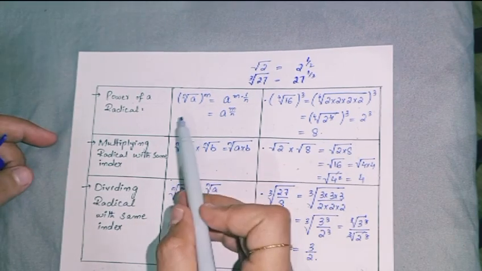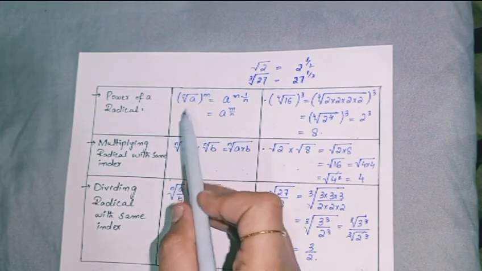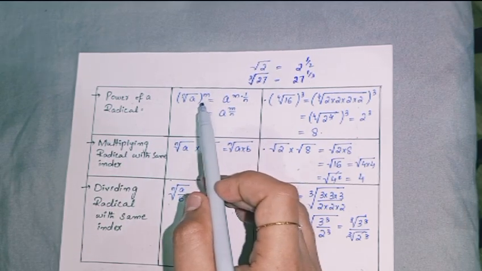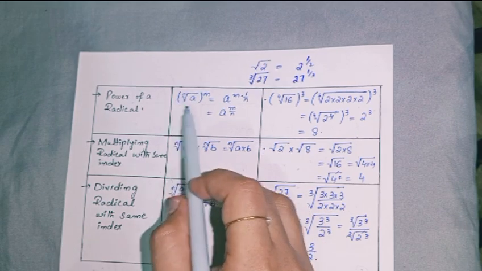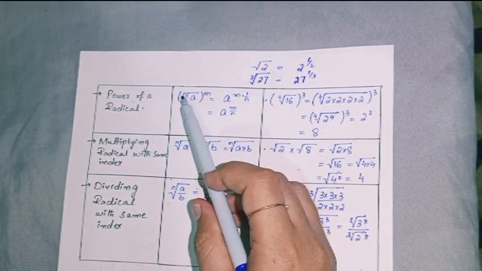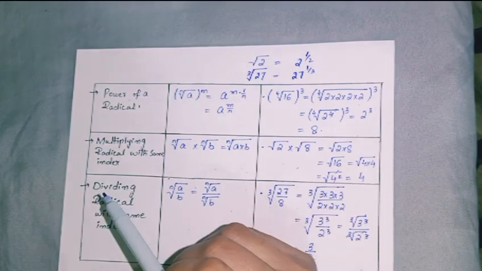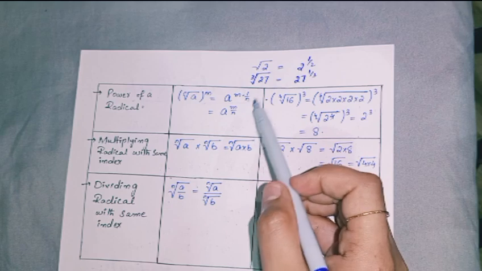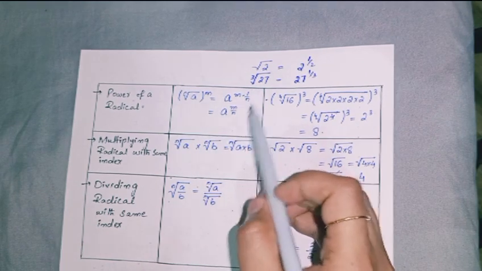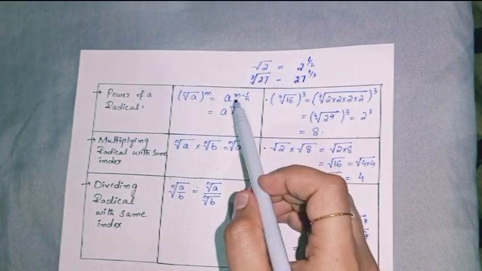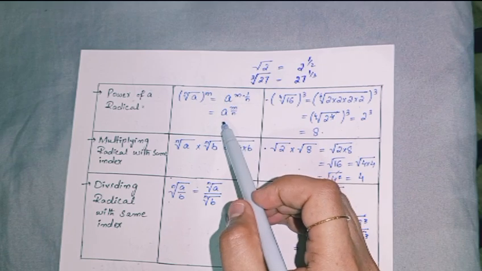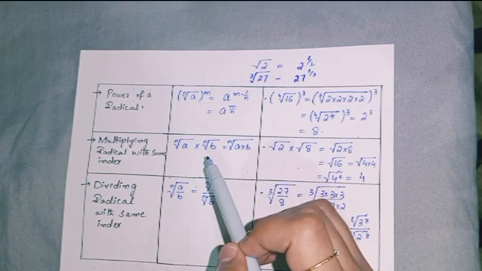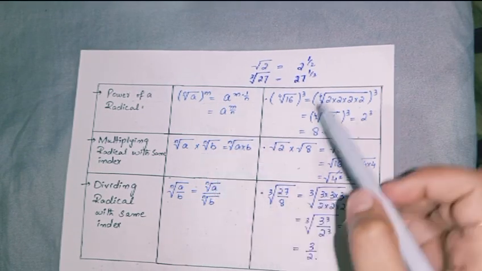Now here you can see the nth root, and a is given in the radical, and the whole thing is to the power m. It means you already have the power m here, but you have to simplify this radical. So how can you simplify? If it is the nth root, you write 1 over n as the power, and a to the power m is already given here. The nth root can be written in exponent form like this. Now when you take the power, the variable a remains the same, and m into 1 will be m over n. So this is the exponent m over n in the form of a fraction. Okay, so you can see the example here.